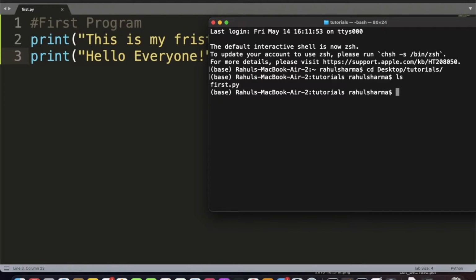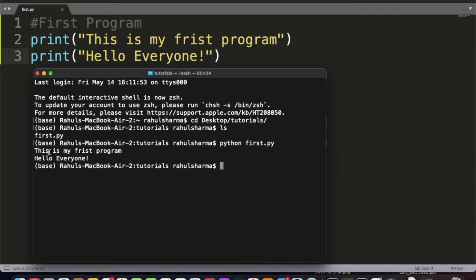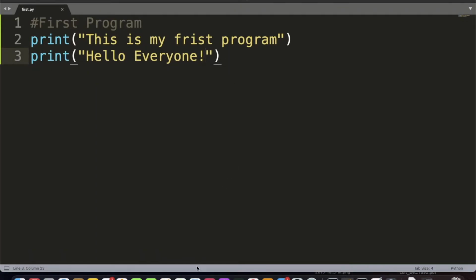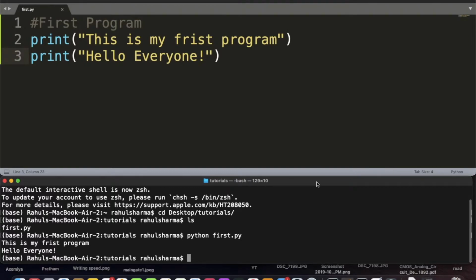Here's my file. So I'll write python and the file name. Okay, this is my first program, and it prints hello everyone. So in this first program we used the print function. We have other functions also. Okay, now it's fine.